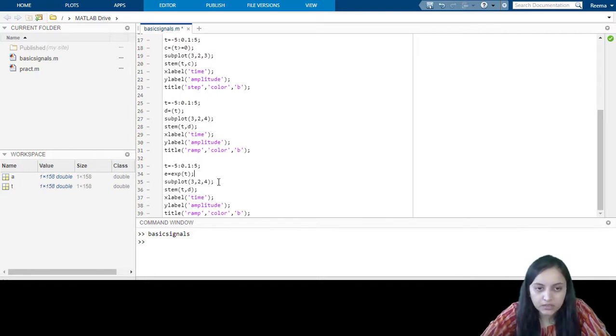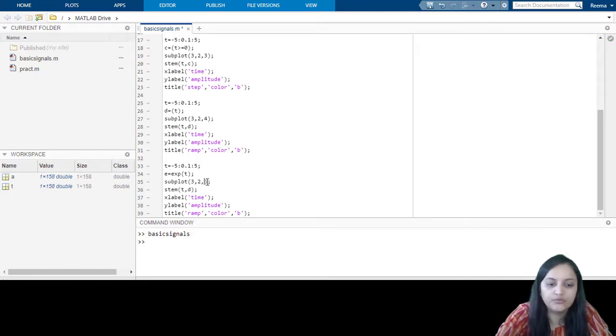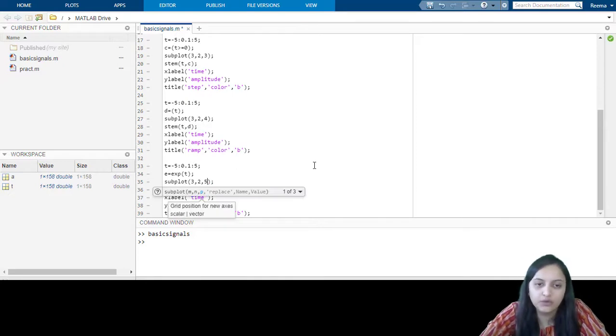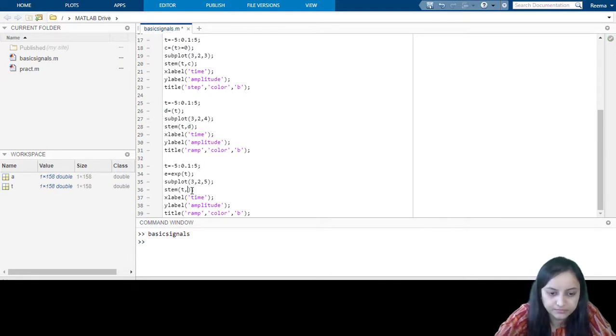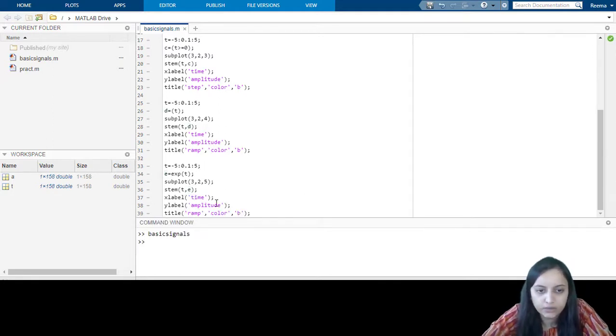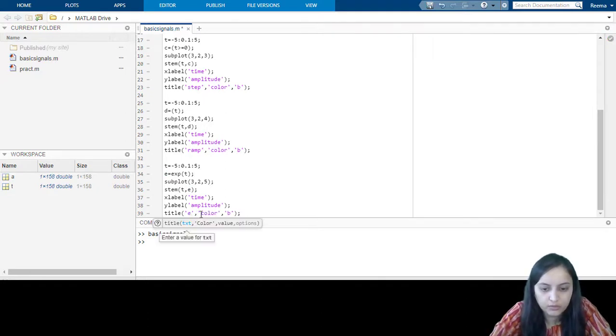Now the subplot is changed to 3, 2, 5, as at position 3, 2, 4 the ramp signal is there. Here it is plotted as stem(t,e). Now we change the title to exponential signal, so we write exponential over here.